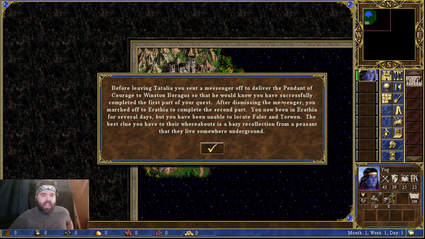Before leaving to Talia, you sent a messenger off to deliver the Pendant of Courage to Winston Baragas, so that he would know that you have successfully completed the first part of your quest. After dismissing the messenger, you marched off to Erathia to complete the second part. You now have been in Erathia for several days, but you have been unable to locate Falor and Terwin. The best clue you have to their whereabouts is a hazy recollection from a peasant that they live somewhere underground,